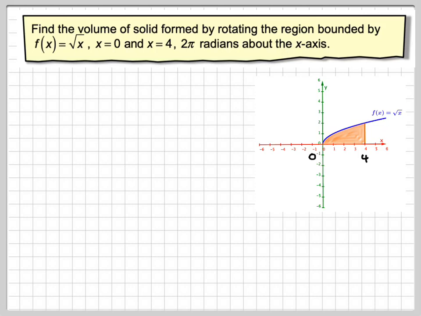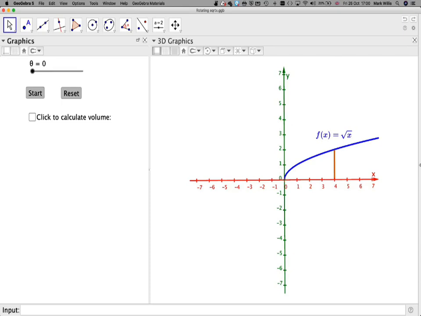And what happens is we're going to take that region there that I've just shaded and rotate it round the x-axis, and as it rotates it will make a solid, as seen in this GeoGebra app here. So let's have a quick look at that. The GeoGebra app I will put in the notes of this video. So we go to the GeoGebra app, and here we can see we have f of x is equal to the square root of x. If I start the animation,